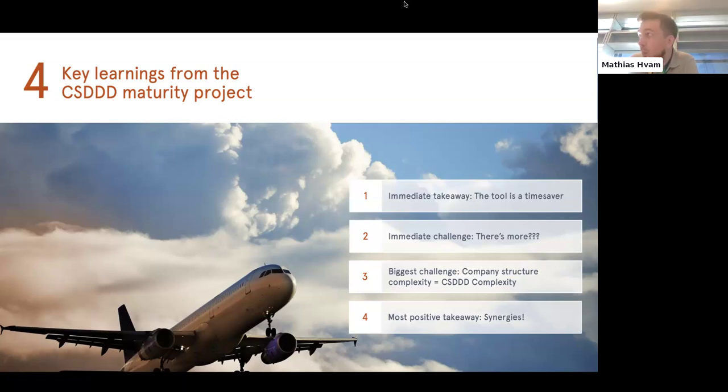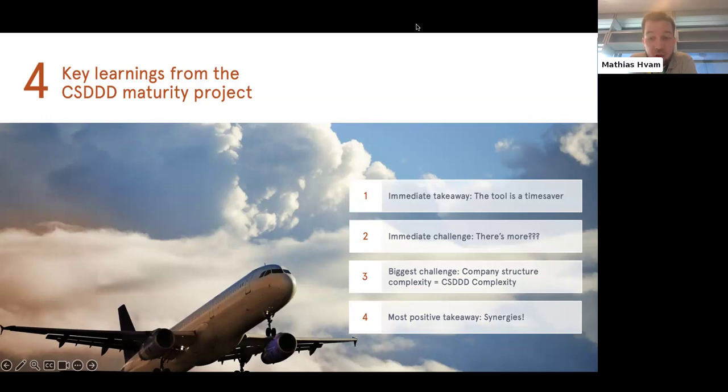So speaking from an airport perspective, we have a shopping mall, we have aeronautical activities, we have ground operations that are very complex as well. And there's a whole lot of other legislations that we're subject to. Our whole operation and expansion is based on national legislation. So there's a lot of different perspectives that have to be dealt with separately in terms of setting up the proper due diligence framework to deal with all this incoming legislation. So that's really a key learning for us, that company structure complexity. I hear Elisa talk about that in terms of the global perspective, but we operate on the operational side as well.